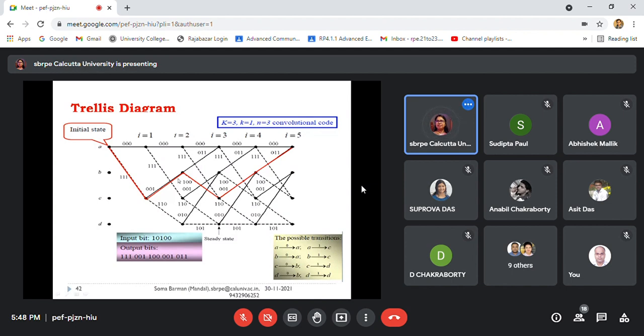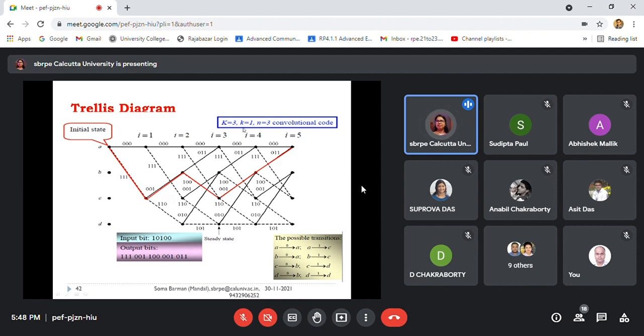Okay. So the state definition is given in this box. Here also the constraint length is 3, K is 1, N is equal to 3, output is 3. That means your output branch word will be 3 bits, 0, 0, 0, 1, 0, 0, or anything. So it always comprises 3 bits.